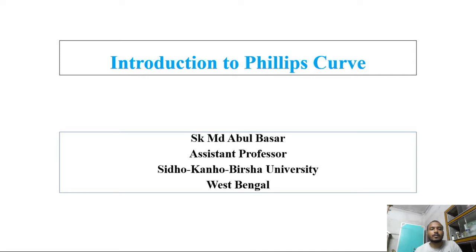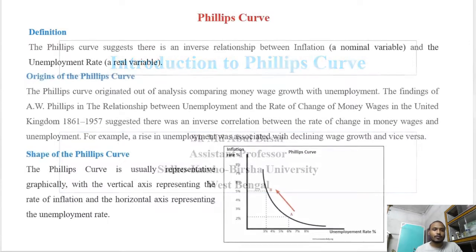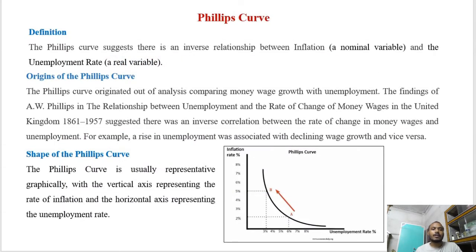Now I am discussing the Phillips curve. What is the Phillips curve? The Phillips curve basically looks at the economy by focusing on inflation, which is a nominal variable, and unemployment, which is a real variable. Basically, it represents a theory, a connection between inflation and unemployment, or a Phillips curve can represent actual data in reality. So the definition of the Phillips curve is that there is an inverse relationship between inflation